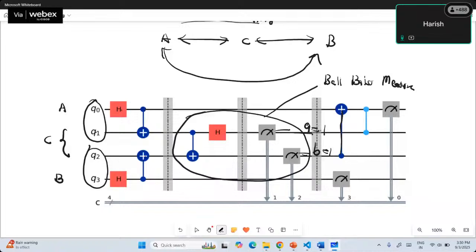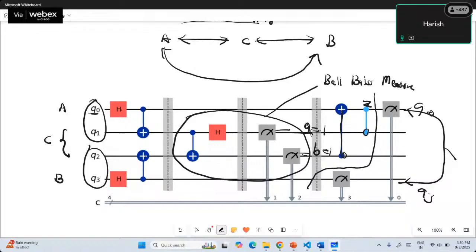So whenever this is 1, the Z gate will be performed here. Whenever this is 1, the X gate will be performed on the first qubit. The first qubit Q0 is with Alice. So at the end of this process, when we apply this X and Z operation depending upon the value of A and B, Alice and Bob's qubits Q0 and Q3 will be entangled. So now Q0 and Q3 are entangled